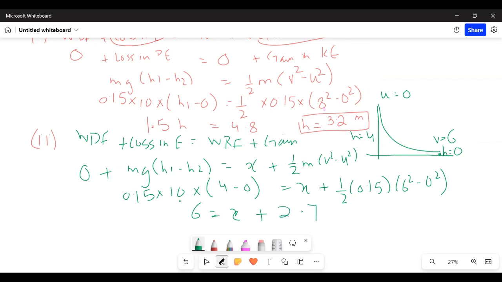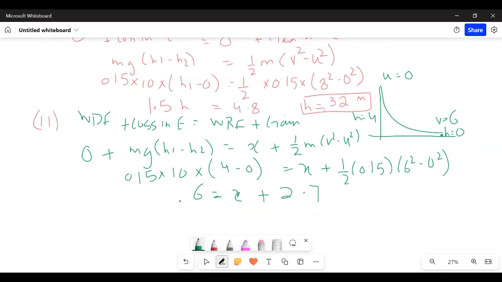So 6 minus 2.7 is 2.2. नहीं, divide कर दिया मैंने, sorry. 6 minus 2.7 gives 3.3. So work done by resisting force would be 3.3, और यूनिट इसका जूल्स ही होता है।